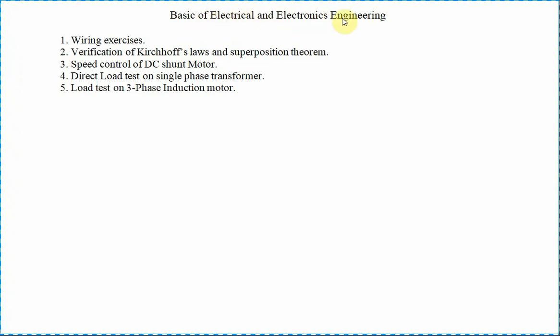Then what does electronics mean? You can say diode, SCR, MOSFET. These are all electronics. A simple example of electronics is your mobile phone. Your mobile phone is an electronic device, and that electronic device operates with the help of electrical power. Take the mobile phone: on its back side there is a battery. That is the electrical part.